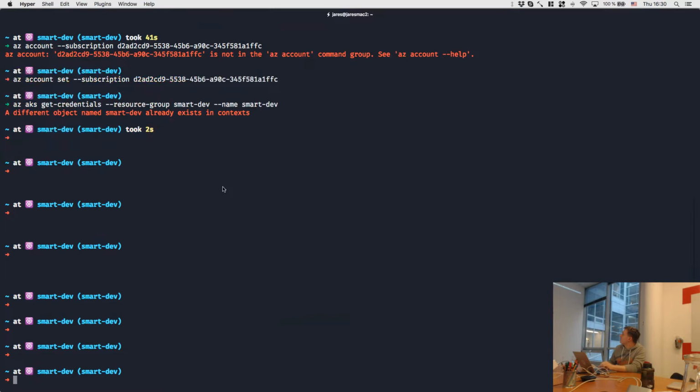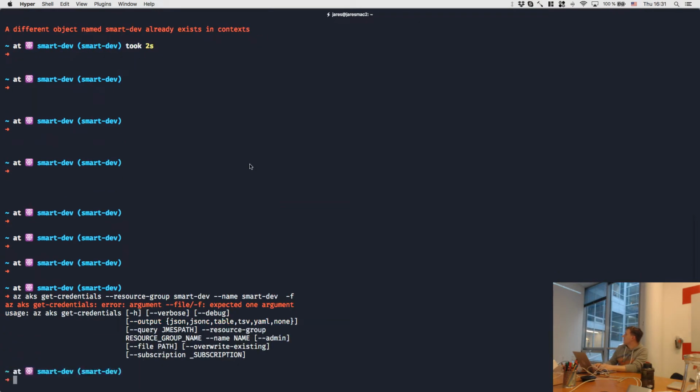So this is the error message that I got. Normally you would get like a setup. I think I can just do -f. Probably not. Something like that. Somehow you can force it. Yeah, that's overwrite existing. That's very easy to write. And this will set up the context for my kubectl, and it will also set up the context for the